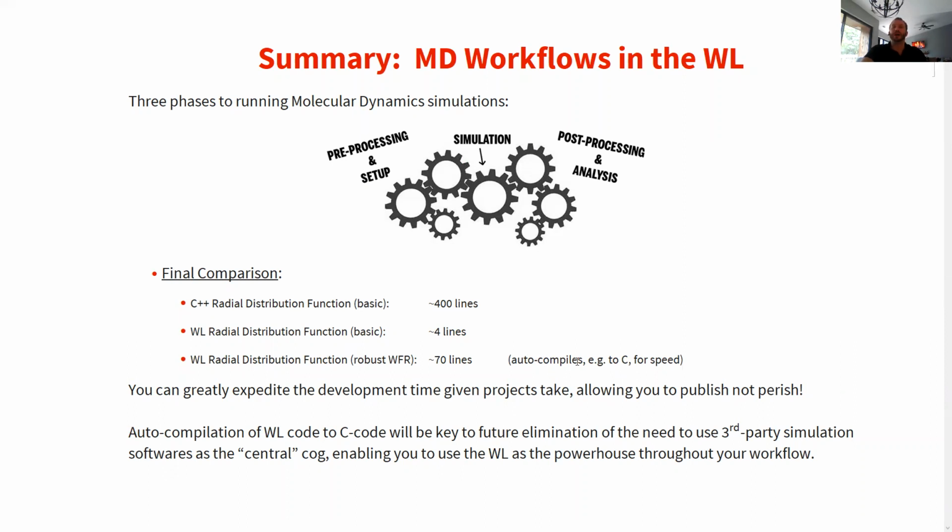Additionally, this auto compiles to C for speed, such that you can, in 70 lines, produce something that has the speed benefits of a low-level language without having to write the low-level language code yourself. This 4 lines to 70 lines, being able to do 2 to 100 times more lines of code in a lower-level language, is reminiscent of, I think, a blog post I saw recently, or a marketing thing for Wolfram, saying that you can get something interesting in less than 5 lines,